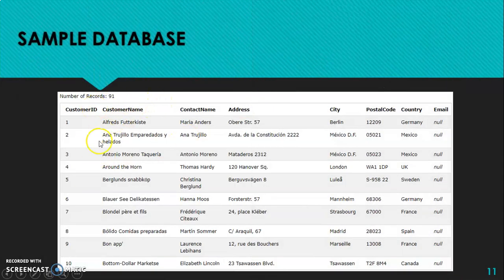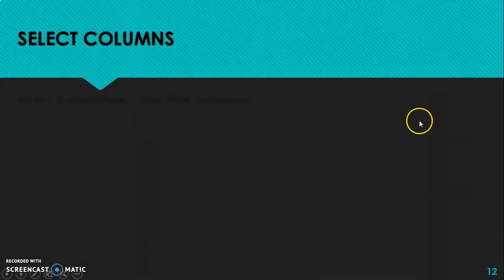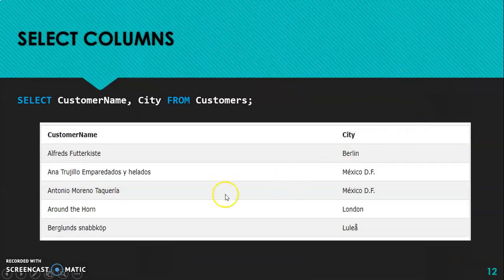What I want is the customer name and the city from this table, so this will be the result. I can see the customer names and the cities, so only customer name and city.